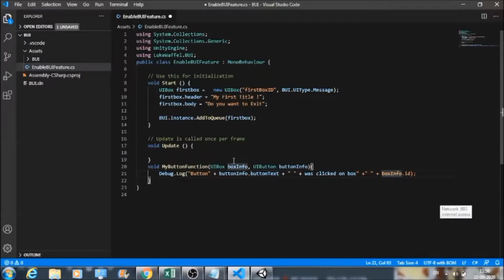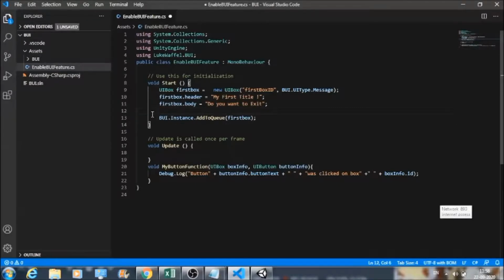Let's see whether the code is correct or not. So this is box info. These are the two variables we have used here. Box info, I have made use of it here, and it should be enclosed in double inverted commas. That's where I was making a mistake. That is the reason it was getting reflected in red. Now I think everything is fine. Let's see what is going to happen.